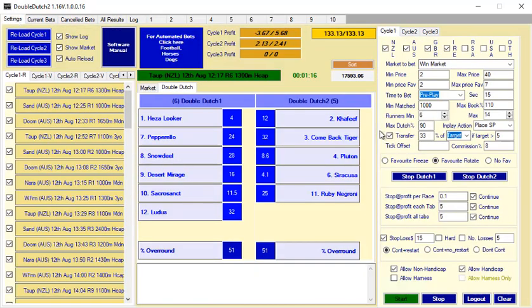Okay, back to where we were. So we've got the tick offset. I leave this blank, but basically what you can do, if you put 1 in there, the bot will fire the bet in at 1 tick under the current price that's showing, in order to just make a bit more certainty. But in probably over 20,000 bets, more than that actually, I haven't not had the horses being taken. But if you want to feel safe, you can put 2, 3 or 4 ticks there,